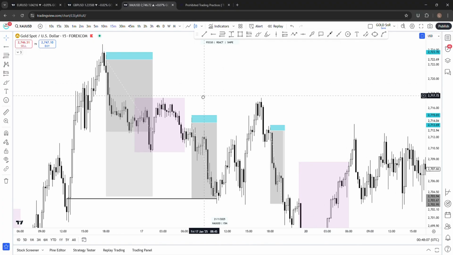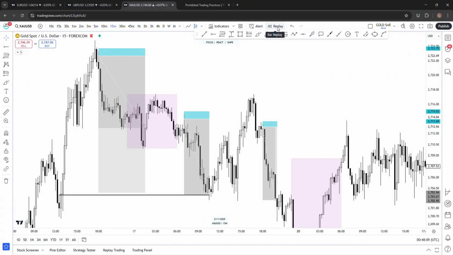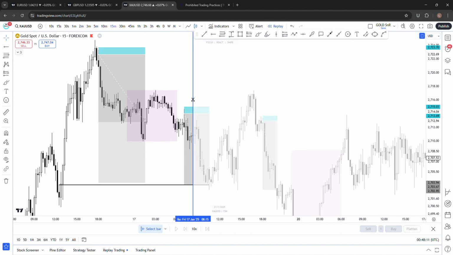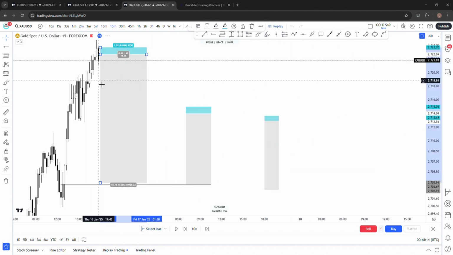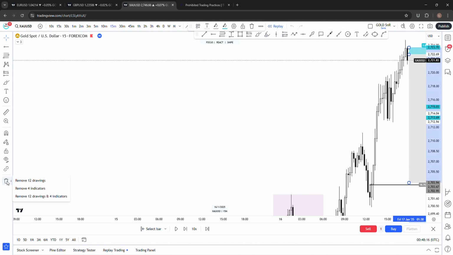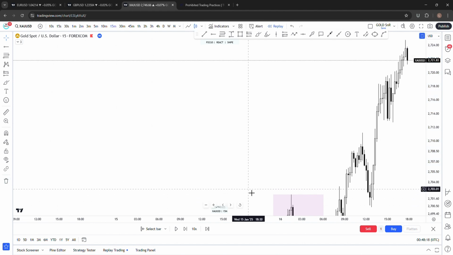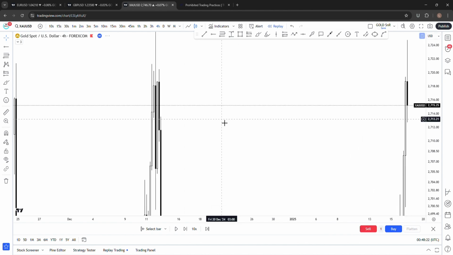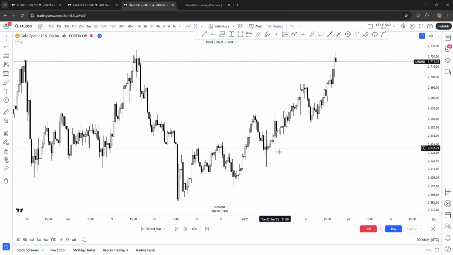All right, so what we're going to do right now is use the bar replay tool and re-engineer price back to this point, and we're going to clear everything just to give you a fair idea of what I was looking at that very day. So you're going to start from the higher time frame and let me show you what I was looking